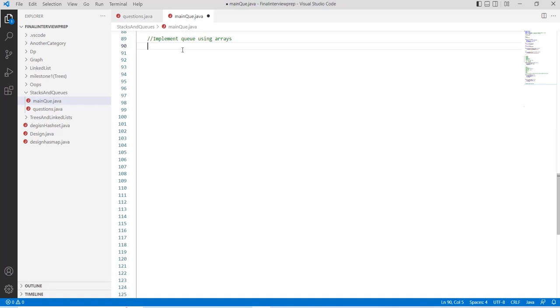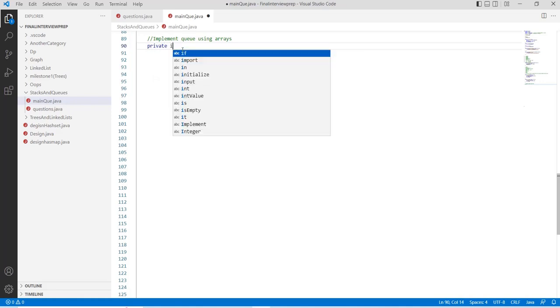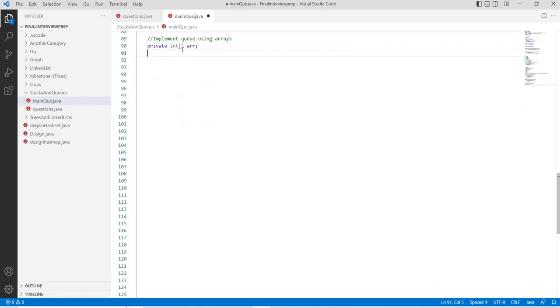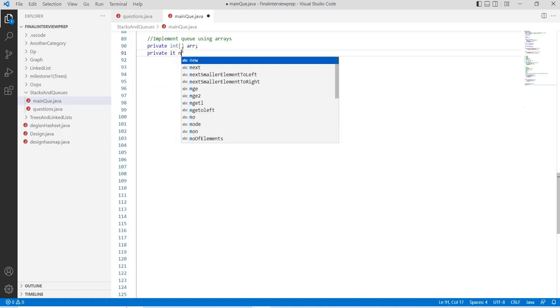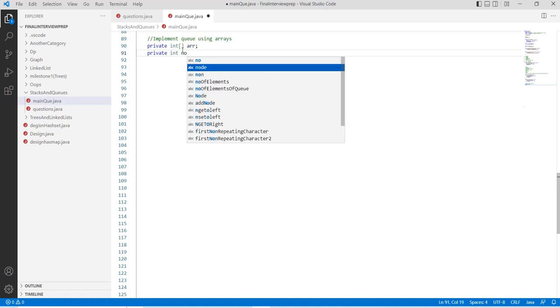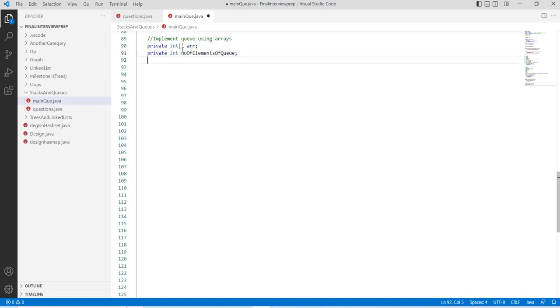Okay, so I've already explained why we need these variables. So I'm gonna just use this as queue over here. In the stack videos, I have used number of elements. Even over here, I'm gonna use number of elements of queue. Now I'm gonna use two variables, which is front and rear. So front is gonna point,